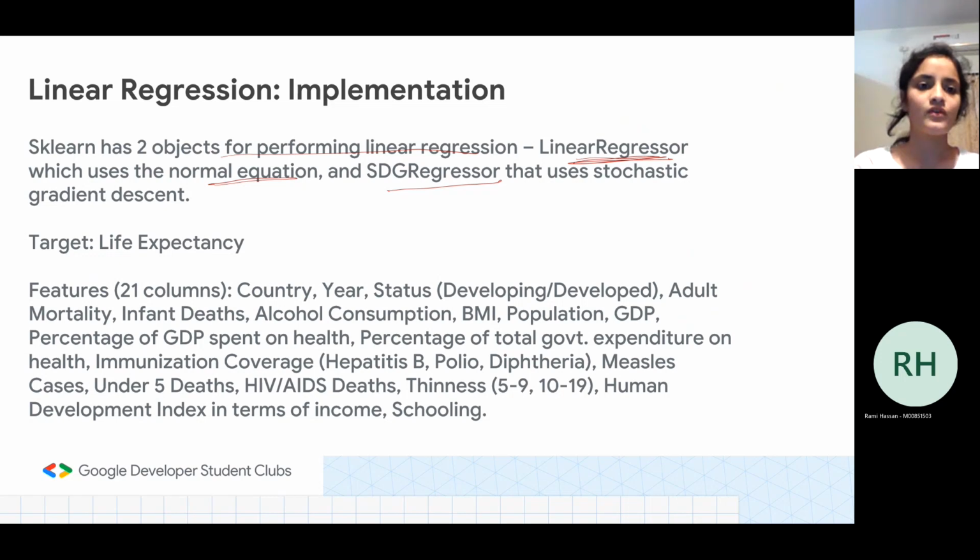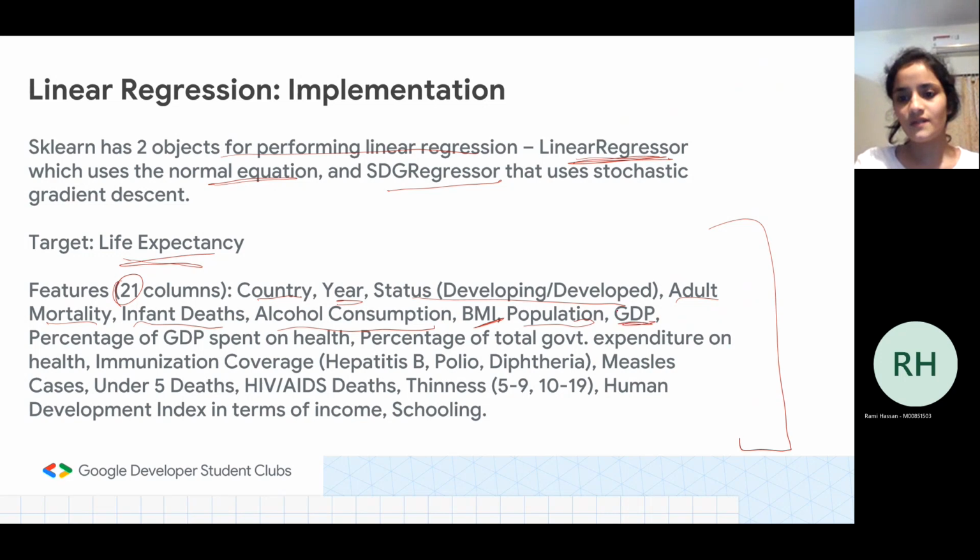Our task today is going to be prediction of life expectancy. Okay. And all the columns that are involved, all our features, X values, we have 21 of them. Okay. So we have country, year, all those metrics have been taken. Status of the country, whether it's developing or developed, adult mortality rate, infant deaths, alcohol consumption per capita, average BMI of the population, GDP, that is gross domestic product,